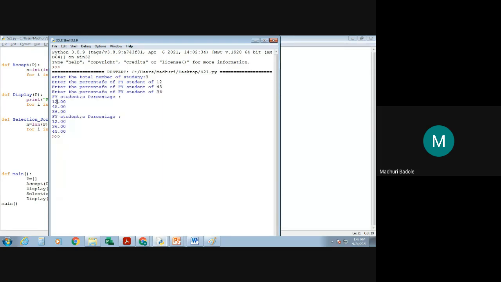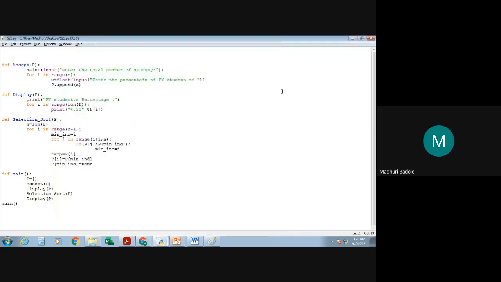Yes, fine. So see, we have entered the elements in this particular manner, and you will be getting the results in this manner, that is 12, 36, and 45. Is it so? Understood this one?